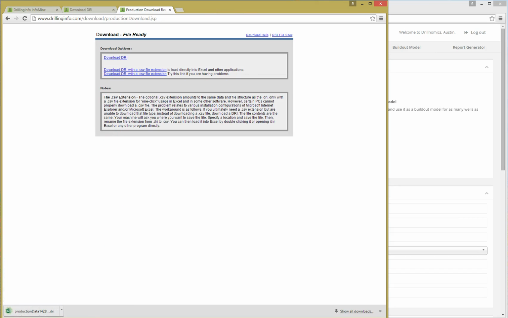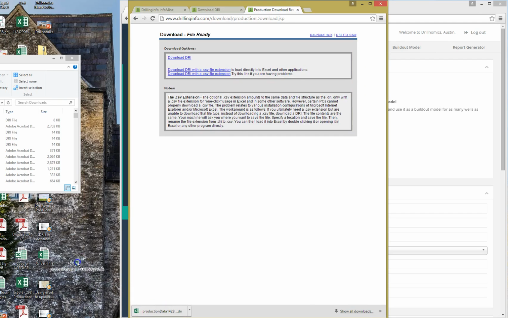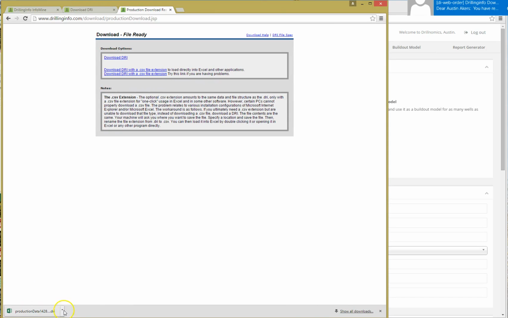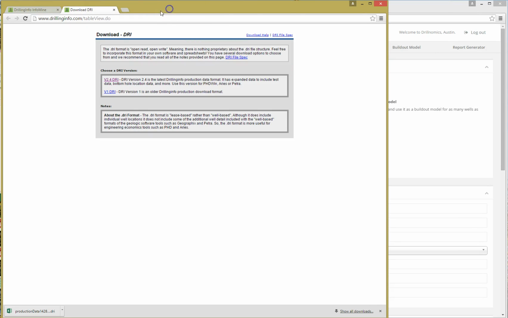Once you've downloaded the DRI, you'll see it come down here on Google Chrome, and I just want to take that and either drag it to my desktop, or I can also just do a drop down and click Show in Folder. It will open a window, and I can drag it to whatever folder on my computer I want. I typically drag it to DRI files where I keep all of the information that I upload to Drillnomics. Once you've done that, you're done with Drillinginfo, so you can close out of your windows and go ahead and